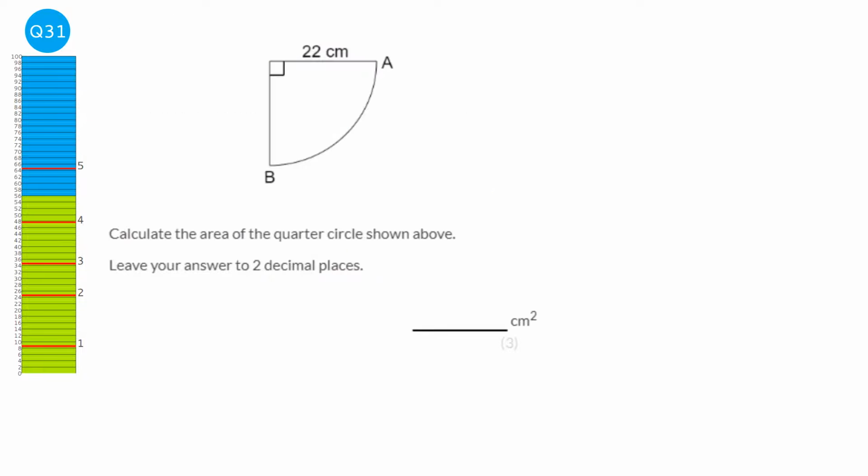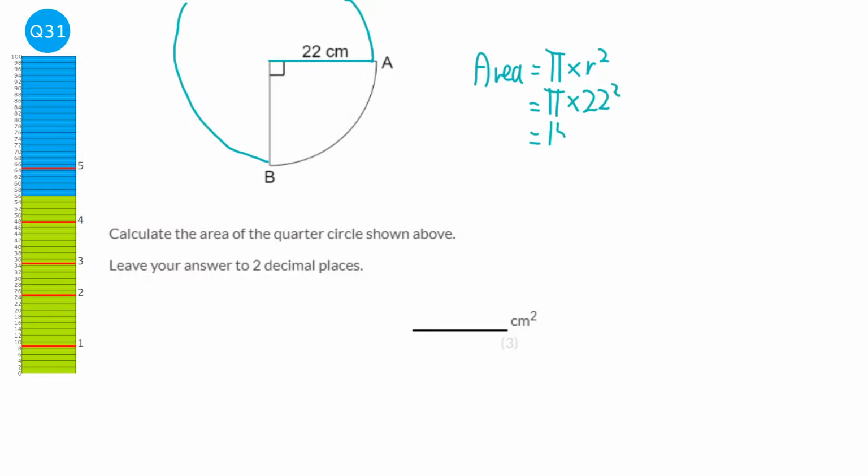To find the area of a quarter circle, we first of all just assume that the circle is whole, and we work out the area that it would be if it was a full circle. So the area is pi times r squared. The radius will be this distance here, which is between the centre and the circumference of the circle. So it's going to be pi times 22 squared. And when you do that on the calculator, you get